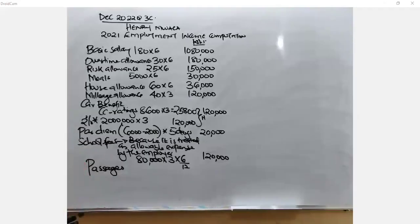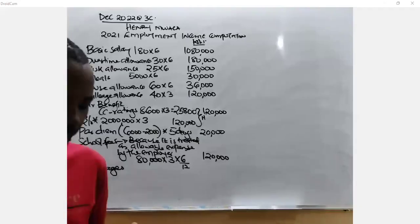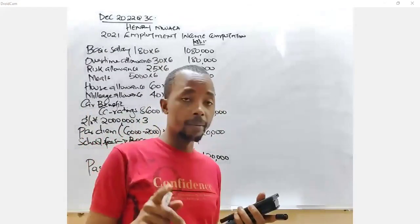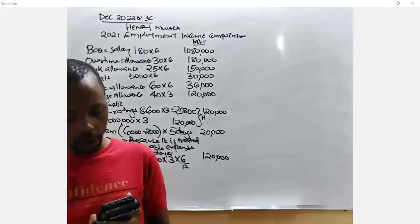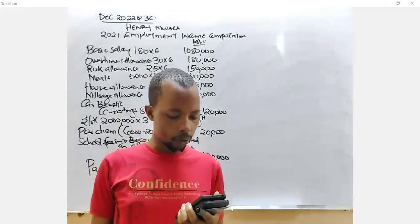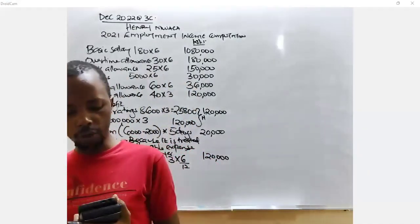But we said on the aspect of the passages, for them to be non-taxable benefits, a passage is an expenditure of transport and translocation between Kenya and any other places outside Kenya. And we say it's normally incurred by the employer for the translocation for an expatriate employee and these family members. But the passage shall not be taxable